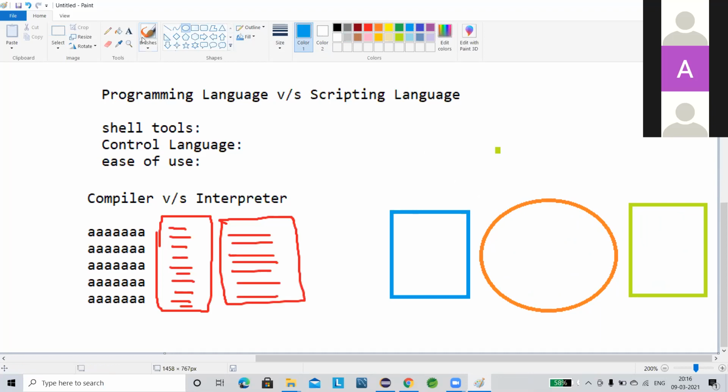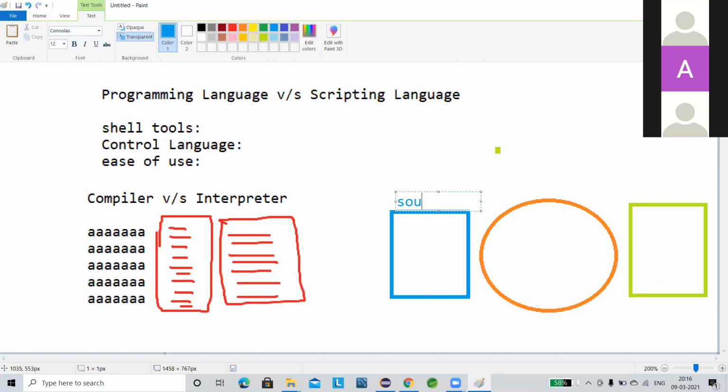This is the source file. What do you mean by source code? Can you say it? What is source code? Source code or source file is nothing but what is written by the developer. That is the simplest structure. That is source code.